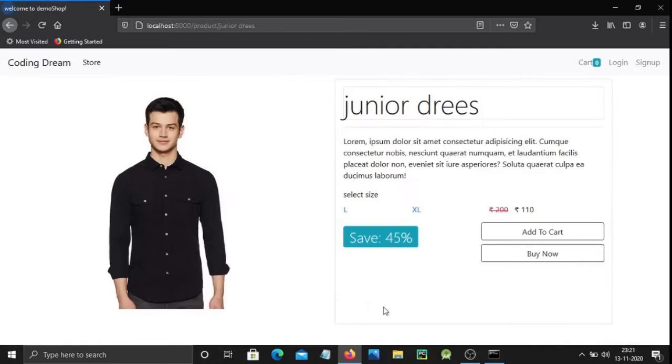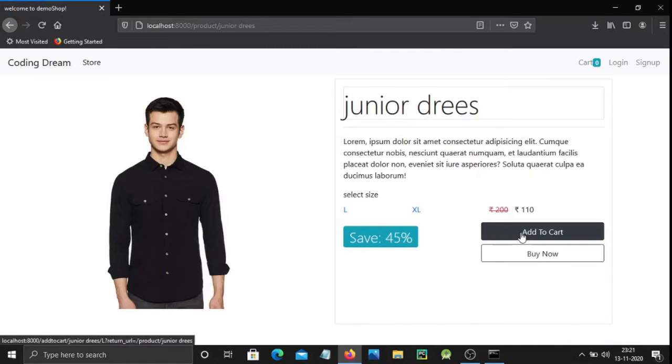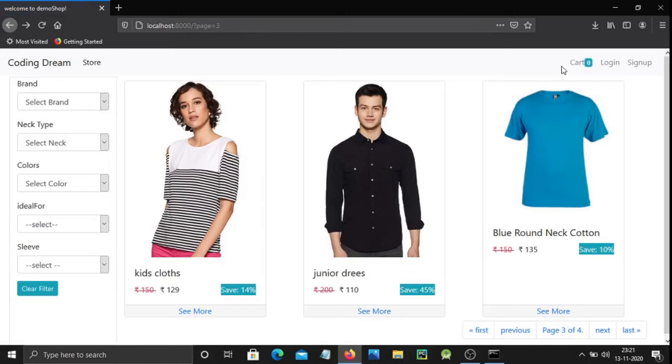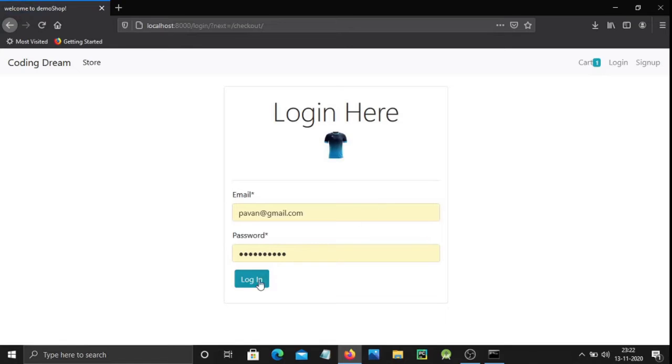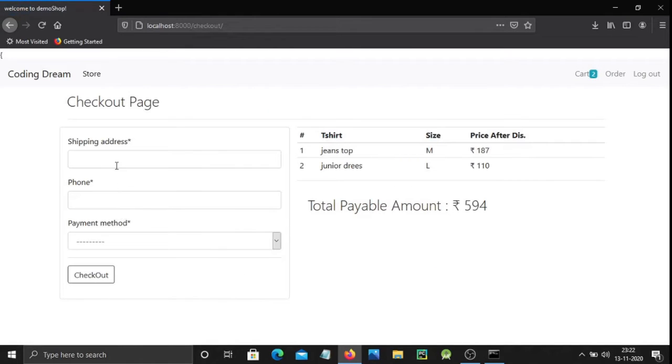Also we can see more about our products, and we can add them to the cart. You can see the cart page here. We can check out, and we can log in for the checkout. As you can see, the checkout page, so we can fill our